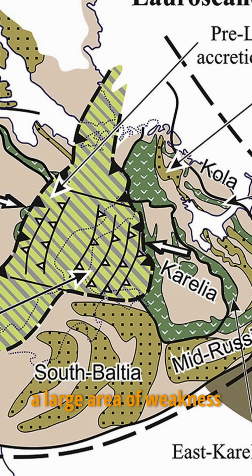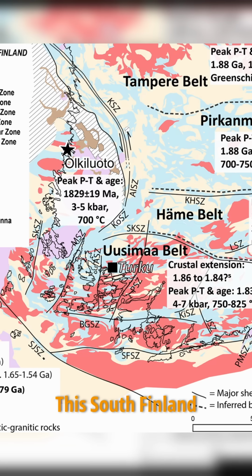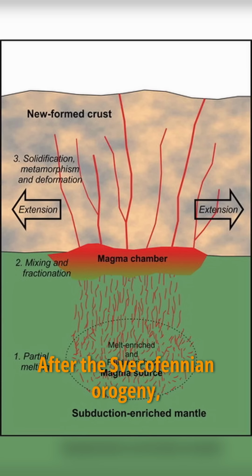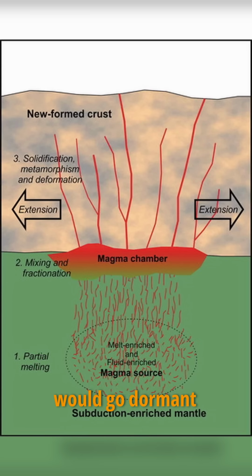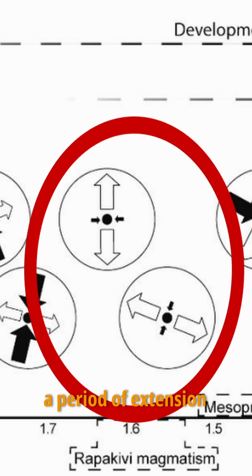This created a large area of weakness within the rocks, known as the South Finland Shear Zone. This South Finland Shear Zone created east to west trending fault lines. However, at this time, the fault lines in the rocks were deep within the crust, so they were not visible at the surface yet. After the Svecofennian orogeny, these fault lines would go dormant because there was a period of